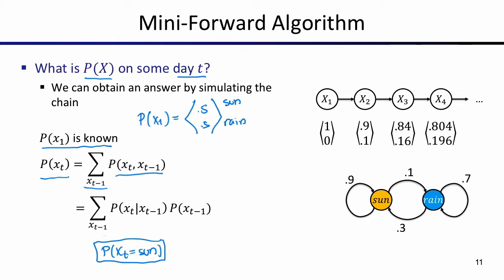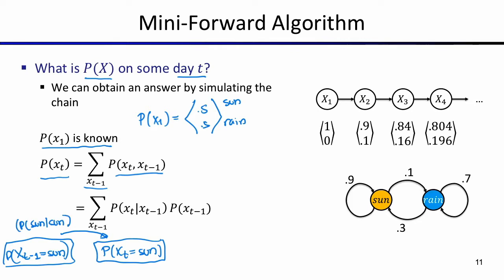The first term is that in the previous time, xt minus 1, I was already in a sunny state. So it was already sunny in the previous state. And from here to here, I needed to stay in the same state. So it's going to be the probability of transitioning from sun to sun,